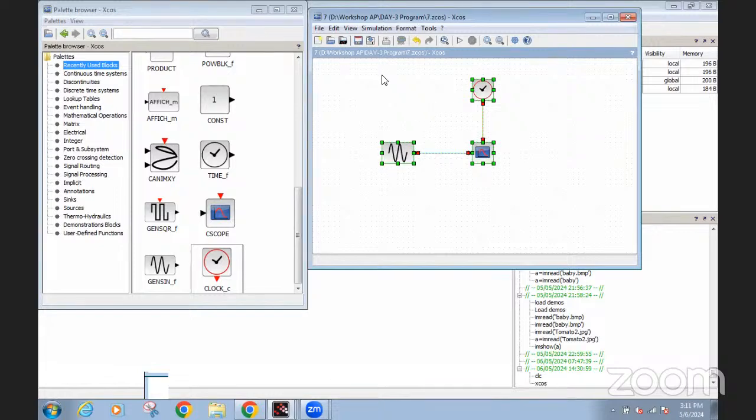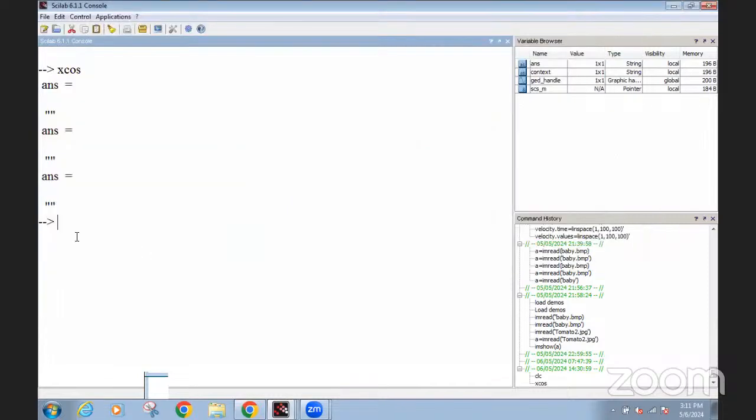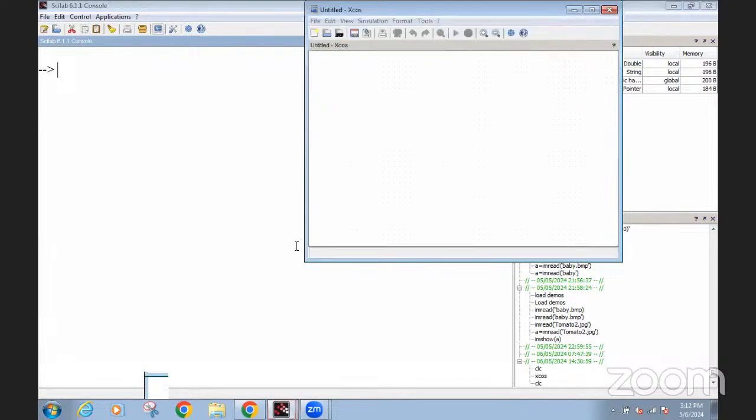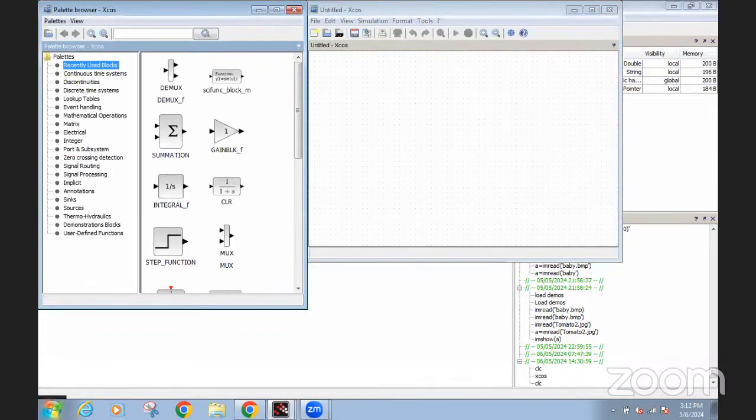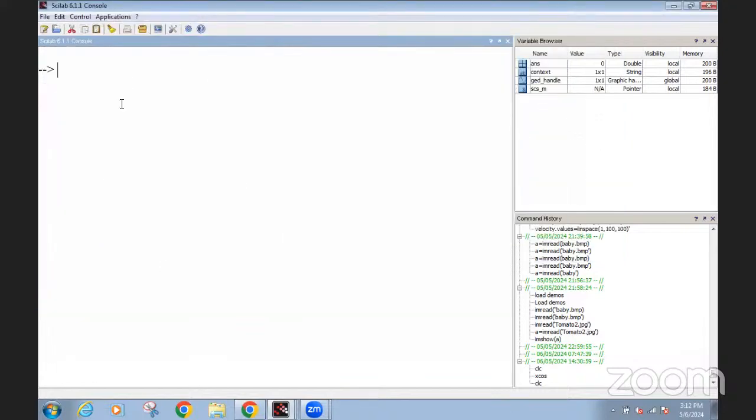Now, if I close this and put clc here and again open Xcos, now you know the formula of kinetic energy, which is equal to one half M V square. Now, if you want to implement this equation